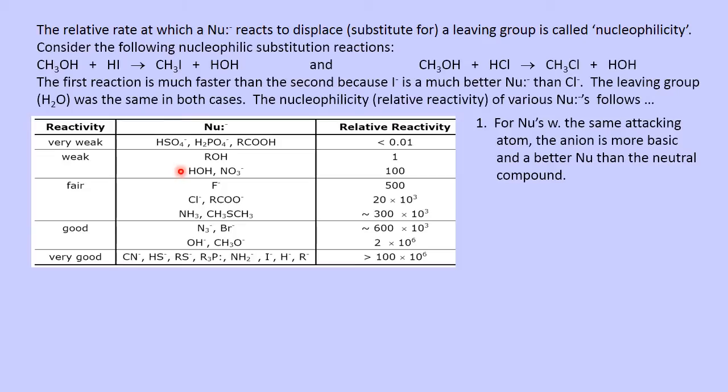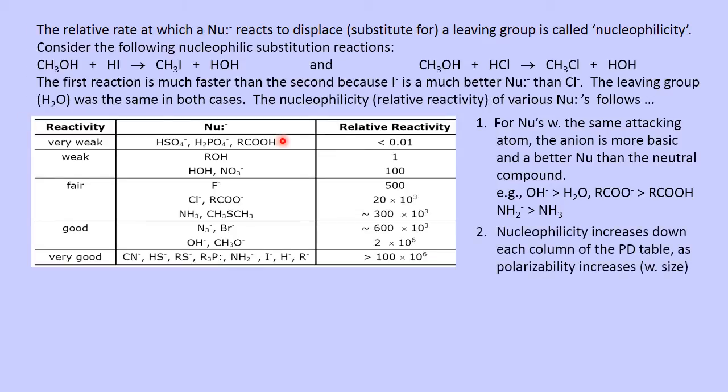Another example here is ammonia is a fair nucleophile, but amide is a very good nucleophile because amide is the anion. Here's a third example I've listed here. I'm comparing a carboxylic acid and a carboxylate. So the carboxylate with a negative charge would be a much better nucleophile than the carboxylic acid would. So acetate would be better than acetic acid, for example. All right, second